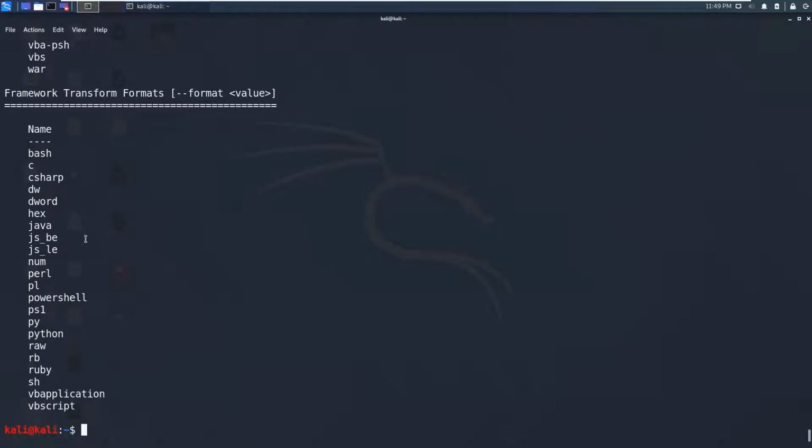So there you go. Now I have all these modules I can use with MSFvenom.